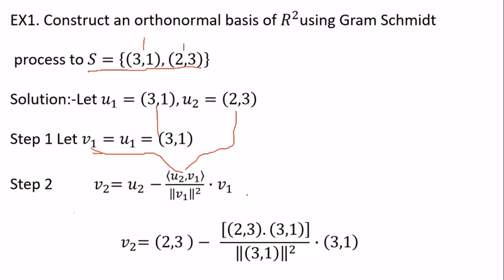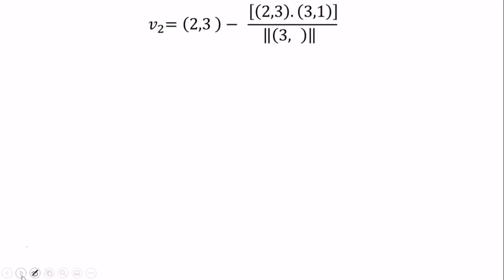Here we are only putting in the values of v1, right? If you observe, this is v1. Then we have put the value of u2, which is also given in the example. With the help of this, in the next step we'll try to simplify this v2. To simplify this v2, we must know how to find the dot product of two vectors and the norm of a vector. In the numerator we have the dot product of two vectors, and in the denominator we have to find the norm, which is again a dot product with the vector.